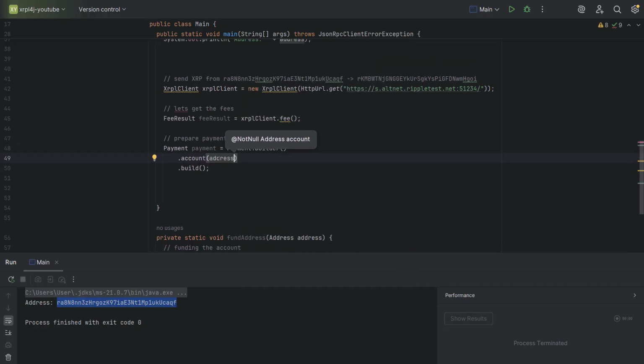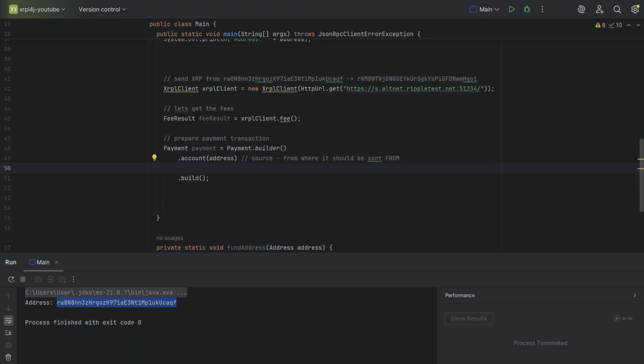This is like your source, so it's from where it should be sent from, right? Then the next part is now the fee. Now we have to specify the fee, and that's why we created the fee here. And now we can just access the fee results. Fee results dot